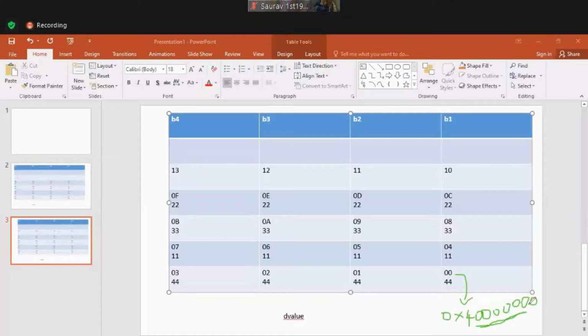So how did I decode the number? I decoded the number by seeing the last two LSB digits. If it is 00, the next address would actually be 0x40000001. This is my next address. Similarly, 02, 03. Please don't forget this 4 is also there at the MSB part. This is a 32-bit address.